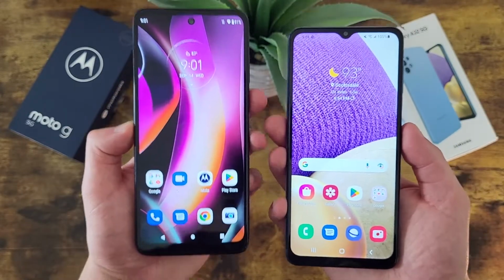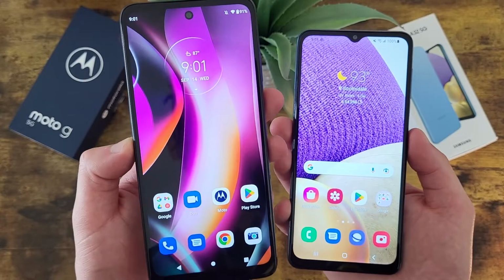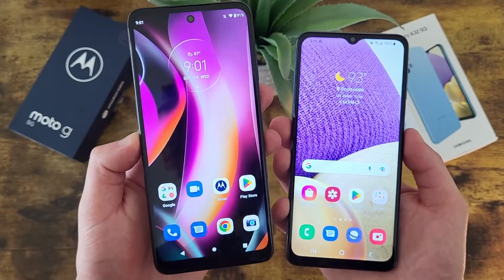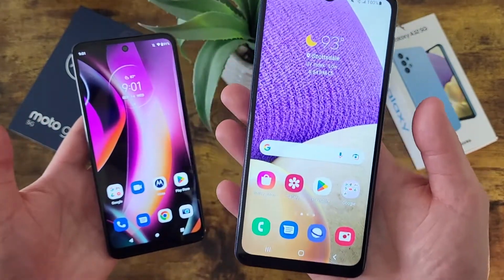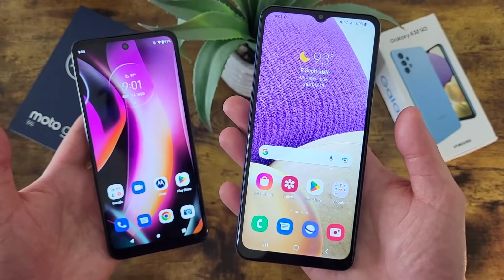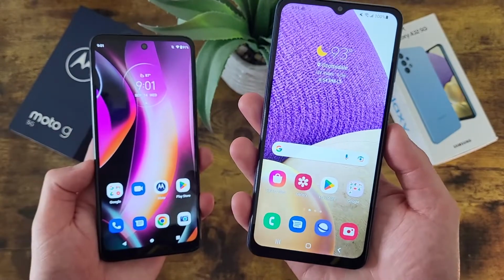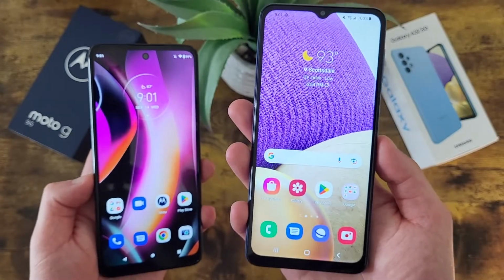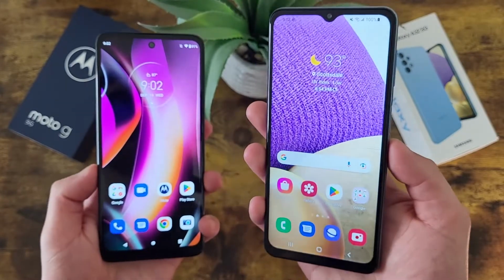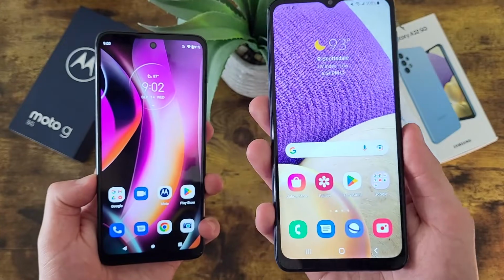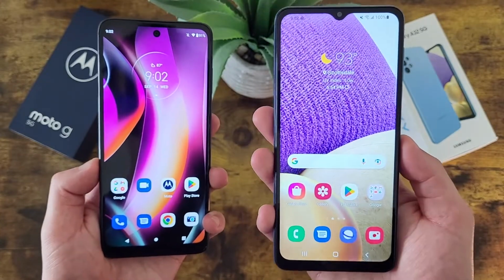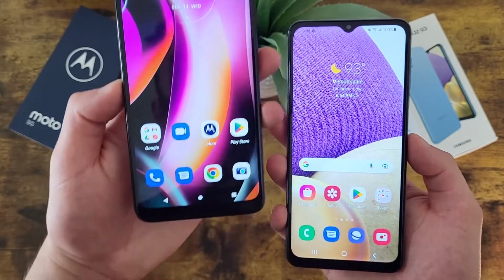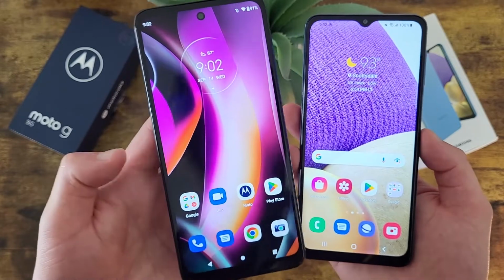Now for storage, the Moto G 5G is getting 256GB of internal storage with microSD card expansion, and the Samsung Galaxy A32 5G is getting 128GB with microSD card expansion as well. Now that being said, keep in mind there is a variant of the Samsung Galaxy A32 5G that has 64 instead of 128, but for the purpose of this video, this phone in my hand does have 128GB, so definitely keep this in mind. Regardless, the Moto G 5G still does have an advantage with double the storage of the